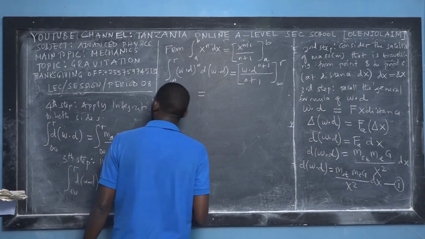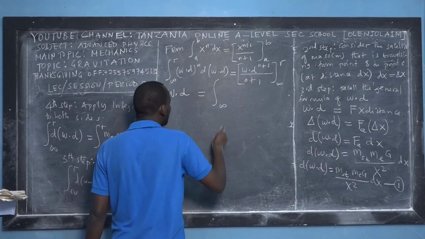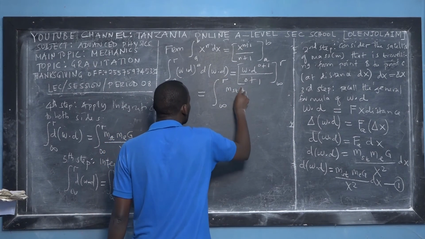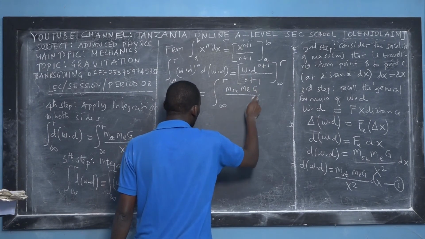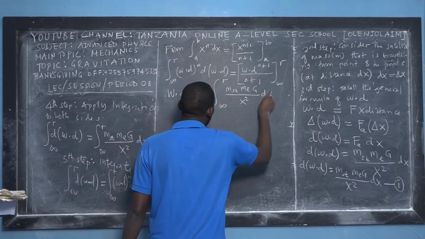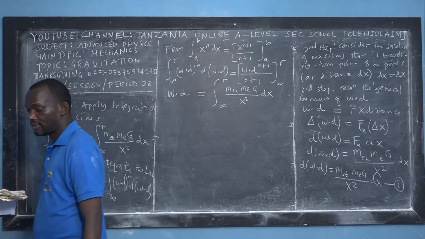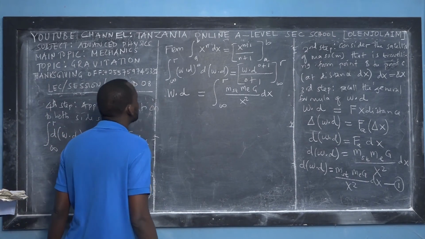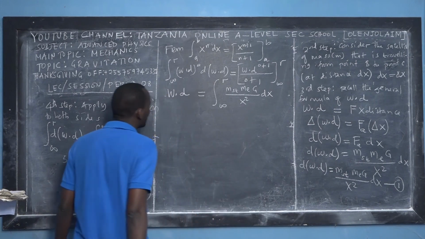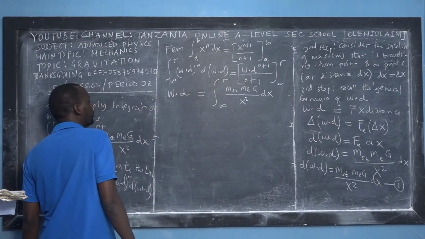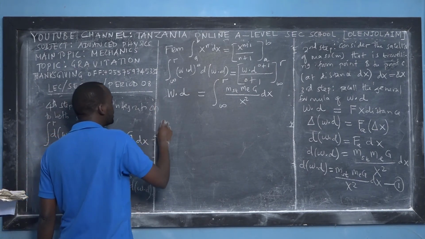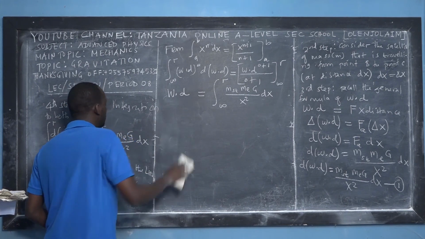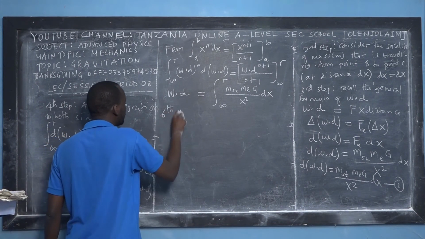And hence we have to recall what we have on the right hand side. We have infinity to r of the mass of the satellite, mass of the S, universal gravitational constant over x squared dx. Be careful in this derivation. Be careful once again. The mass of the satellite, mass of the S and universal gravitational constant, all three physical quantities are constant, so we can take them out of the integral. So this is the sixth step of this derivation.